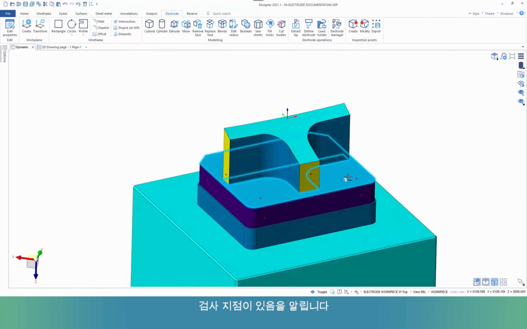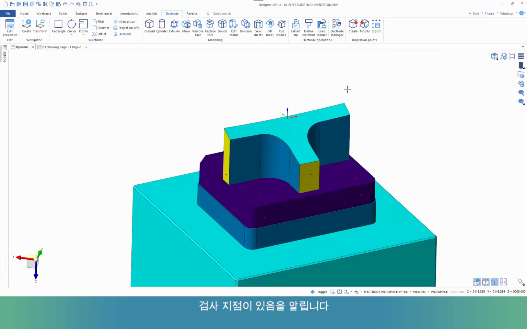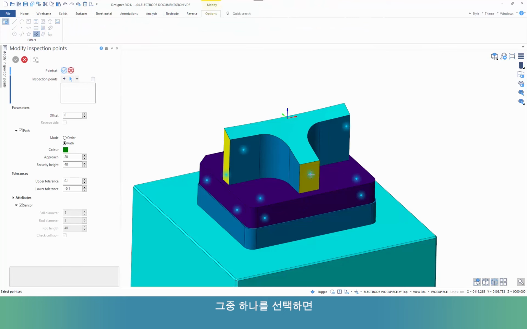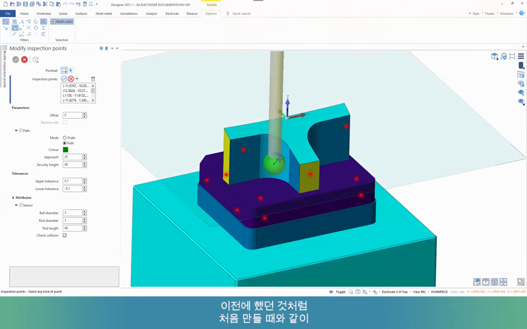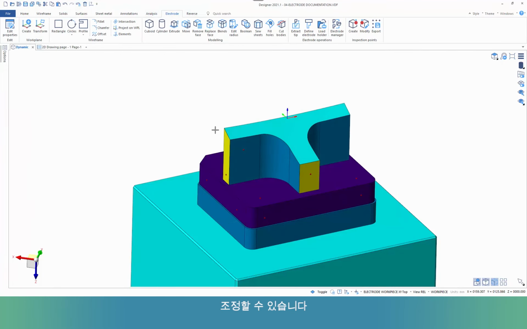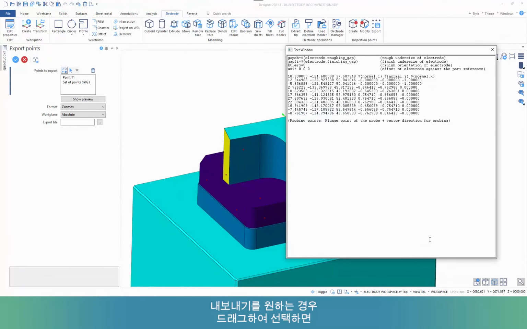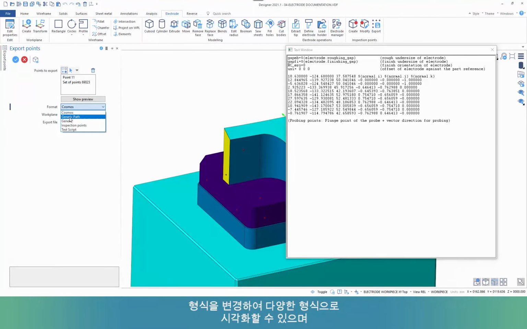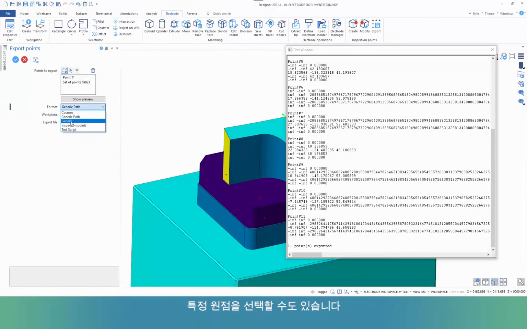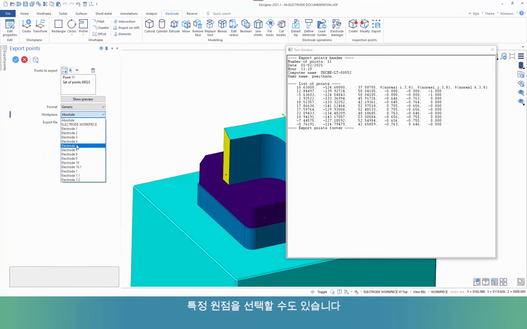these little balls on just to show me that I've got some inspection points. I can modify that if I wish, just by selecting one of them. It allows me to then adjust them as I did before, as I originally created them. And if I wish to export, I can window select, and you get a preview of the output that you're going to get. You can change the formats, and you can visualize different formats by selecting them, and also select specific origins